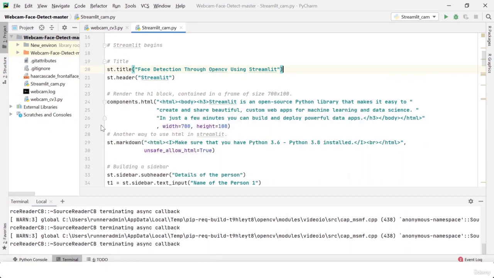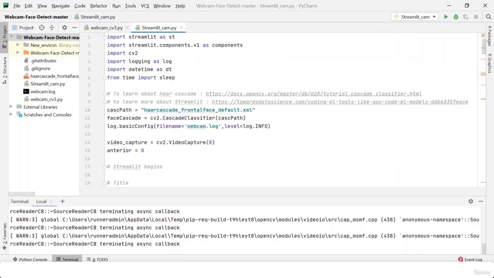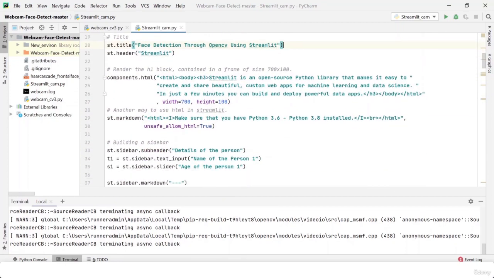And the next thing you can see is components.html. So I did call components. Actually, components is used to inject HTML code inside my Streamlit. You can see that I've injected the HTML code here, and I've defined the width and height. So it builds a box, and inside that it injects the HTML code.